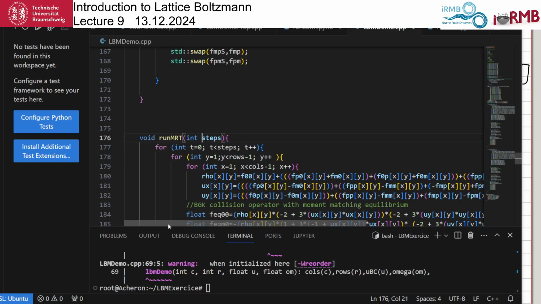So, because we don't have specific variables for the other relaxation rates, I will now introduce here additional parameters, yeah, so that we can run this with the different rates. And the first I introduce is the one for the